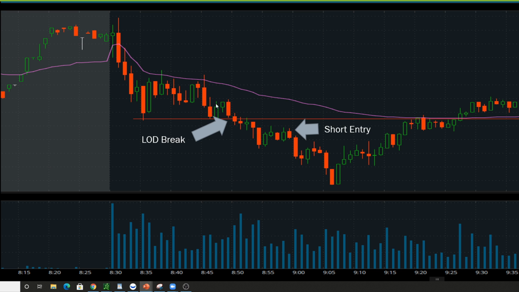So basically you get this low of the day break. And once this low of the day break happens, instead of just jumping in at this low of the day break, one of the big keys with this type of strategy is you want to look for a confirmed level breaking. Here's one of the confirmations, here's another one. And so then when we finally get that breakdown, instead of just jumping in on this low of the day break right here,